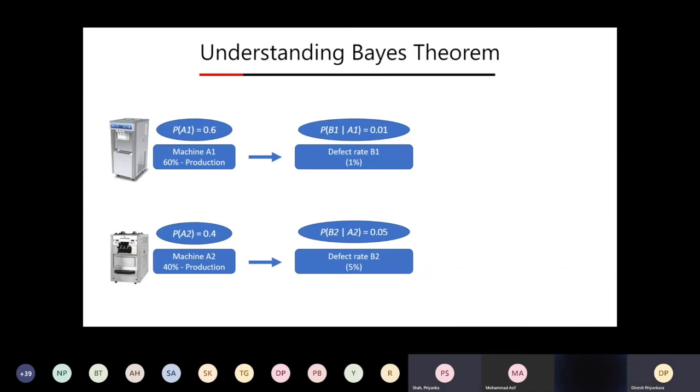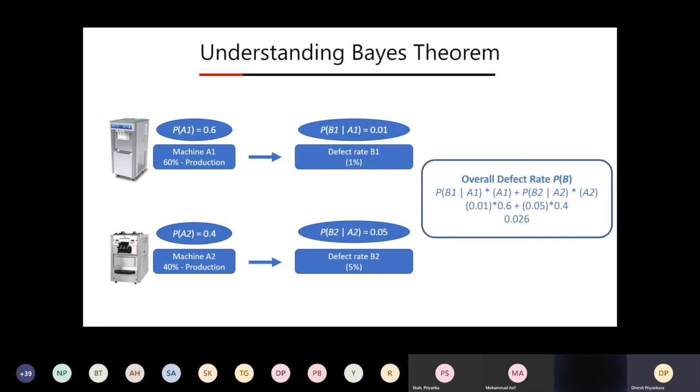If we know the defect rates like this, we can find the overall defect rate. This is how you do it. You take the probability of B1 given A1 and multiply by A1, which is the defect rate. Sorry, which is the production. Likewise, you can write the formula and get the overall